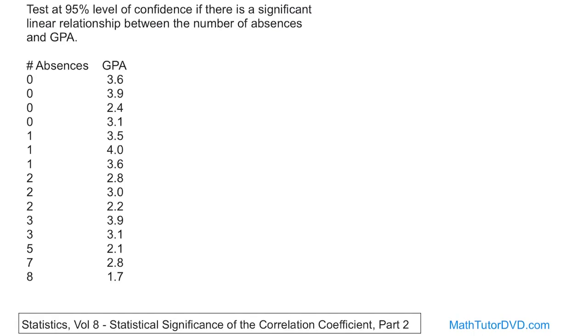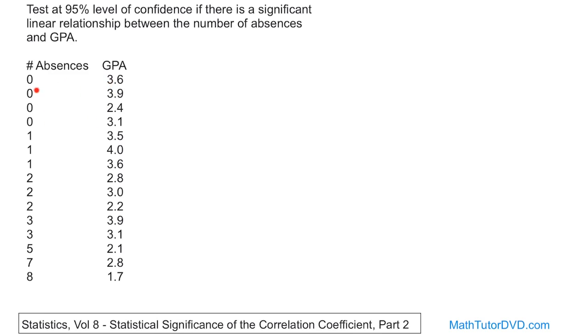We're going to work an actual problem where we're going to tackle the following. Test at a 95% level of confidence if there is a significant linear relationship between the number of absences and the GPA. Now what this is basically saying is if you plotted the number of absences versus the GPA,